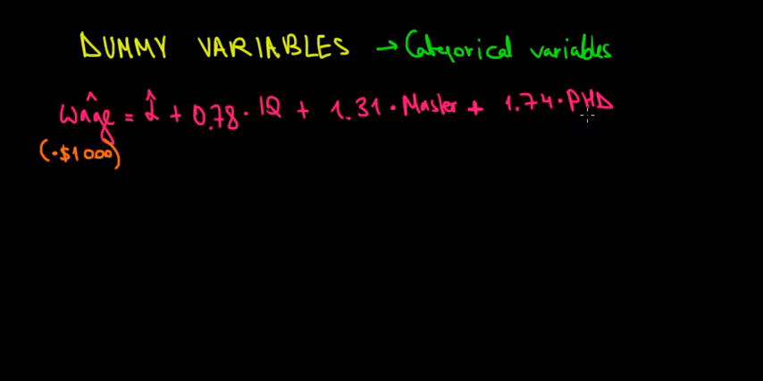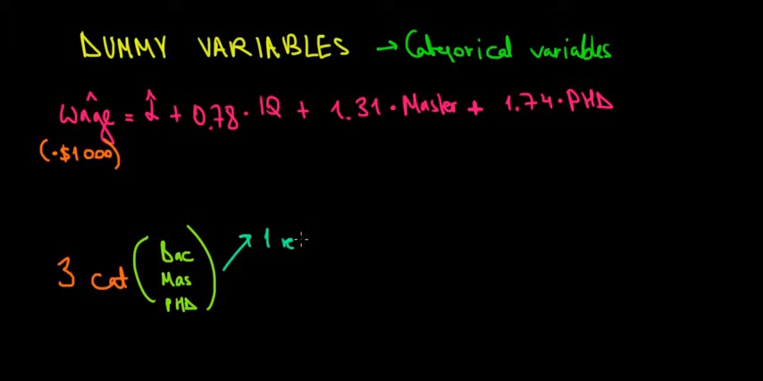So when we have three categories, as in this example, we must have one reference category and two dummy variables in the model. So let's write that down. Over here we have three categories: bachelor, master, PhD. Now we will have one reference category, which we will explain in a second why, and we have two dummy variables